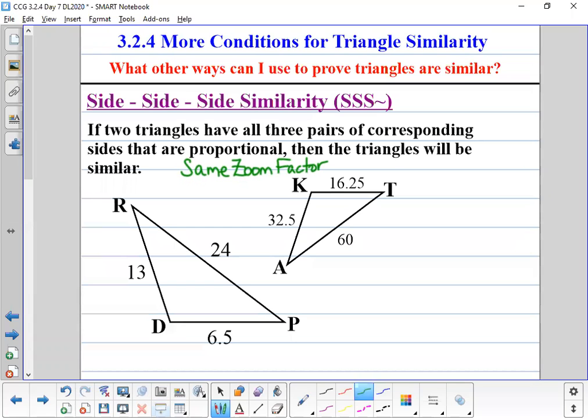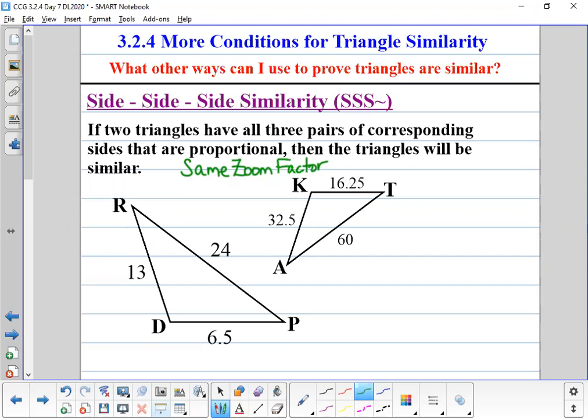So now I want you to draw these two diagrams in. I've got triangle RDP and triangle KAT, and I've got side lengths for all three sides of each. Clearly, these two triangles are not drawn to scale, because if you look at the values of the side lengths for KAT, they are far bigger than the values for the side lengths of RDP, but my triangle itself looks